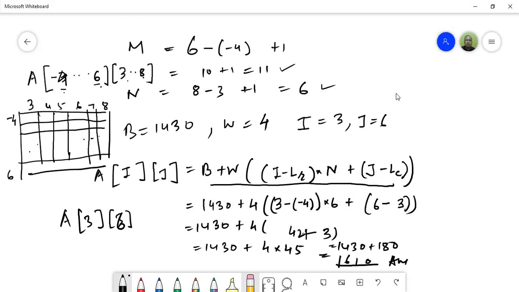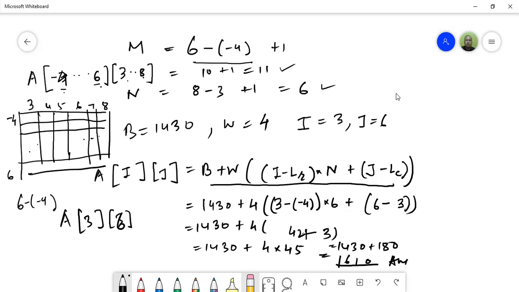These are the index number or the subscript of the rows that is given to you. So if you have to find out the total number of columns and total number of rows, we simply find the difference of the indexes. So 6 minus -4 that we have done here, and then we add 1 to it. Okay.